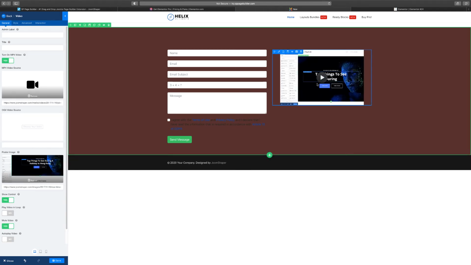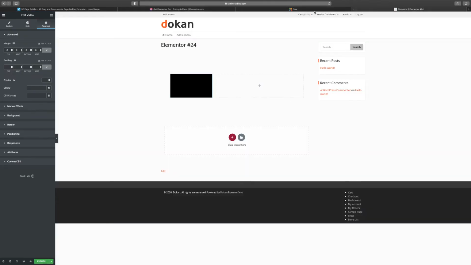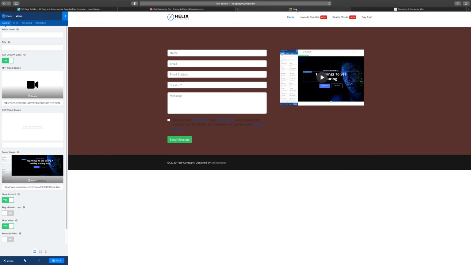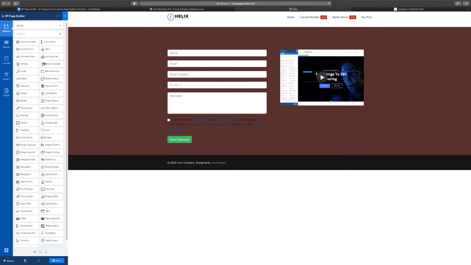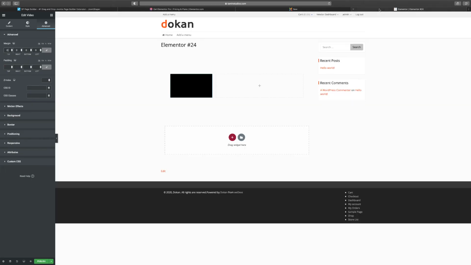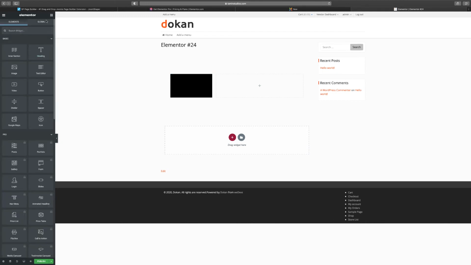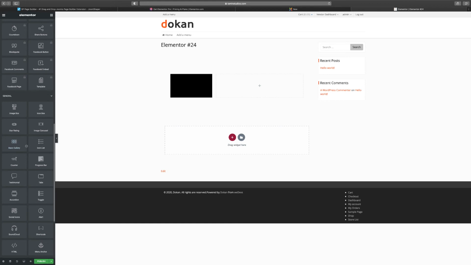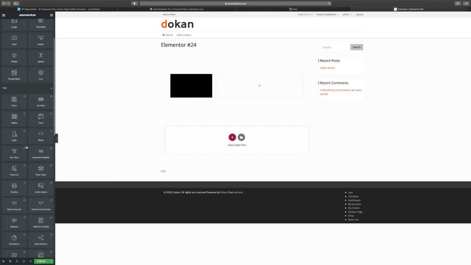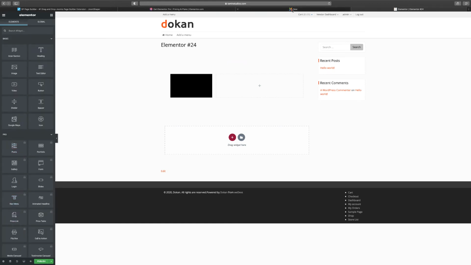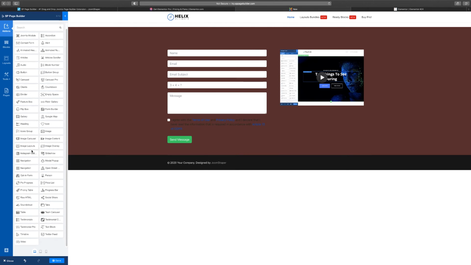Again, the same thing. You drag a video over and you have that right there. So now in terms of designer interface, you can see that they're similar because all of them give you everything you need on the side. With Elementor, it gives you all the things that you're going to need on this side as well. You click here to see all the widgets. You scroll down, and it shows you what you have the ability to do,